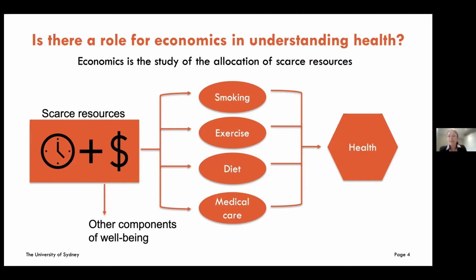And so all of these factors have something in common, aside from the fact that we can choose how much to do them or not do them. And that is that they use up our resources. They use up our resources both in terms of our time and in terms of money. And so once we start thinking about time as being a very scarce resource, and the fact that living a healthy life does take up our time, and it also takes up our money, things like eating healthy food can be expensive, we start to see that health does have a sizable component that comes from how we choose to allocate this scarce resource of money and time.